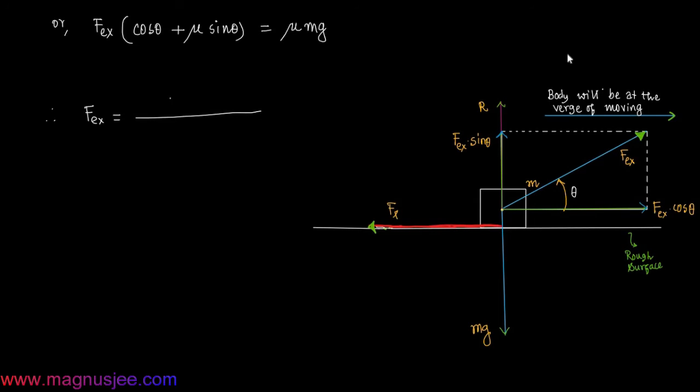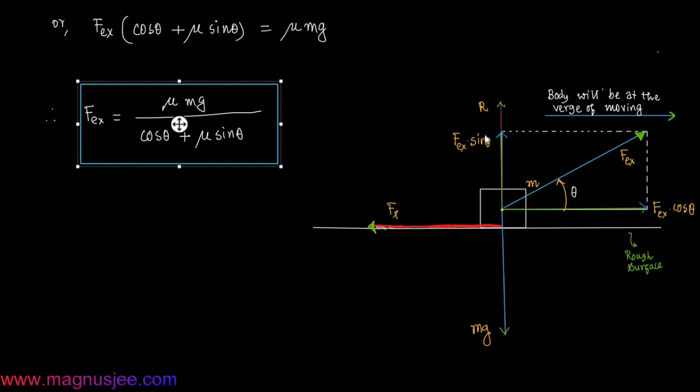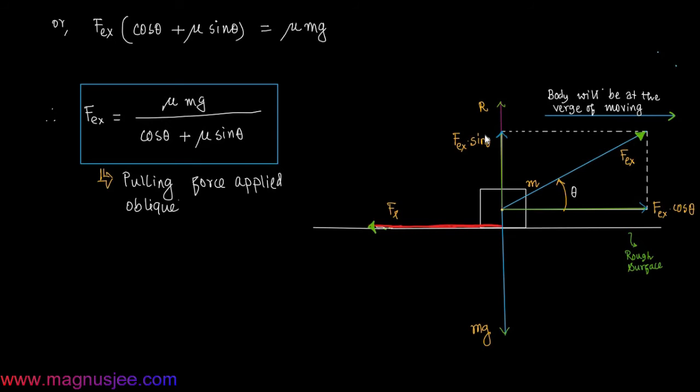Therefore Fx is equal to mu mg divided by cos theta plus mu sin theta, and that is the pulling force applied on the body obliquely with respect to the horizontal direction. Fx is equal to mu mg divided by cos theta plus mu sin theta, which is the pulling force applied obliquely to a body at an angle theta with the horizontal rough surface,